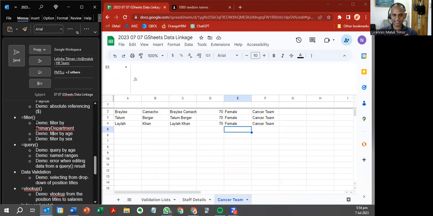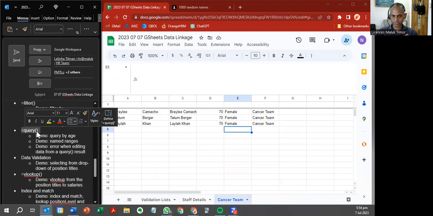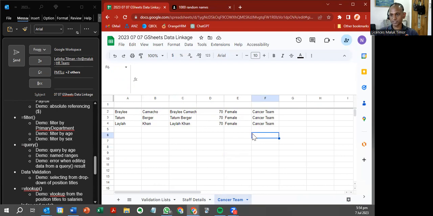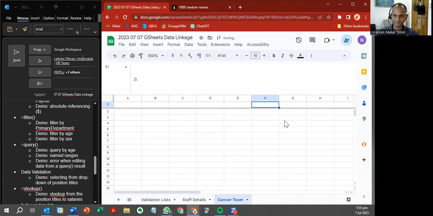Okay, now next I'm going to go on to this additional method, which is called the query method, which also lets you do some similar things, but it's actually much, much more powerful than the filter method. It's a little advanced, but I'm just going to demonstrate it now because I do use it in some of the spreadsheets for HR and finance. So let's delete all of this stuff first. And let's do the